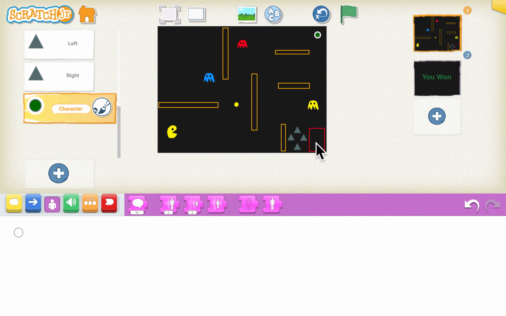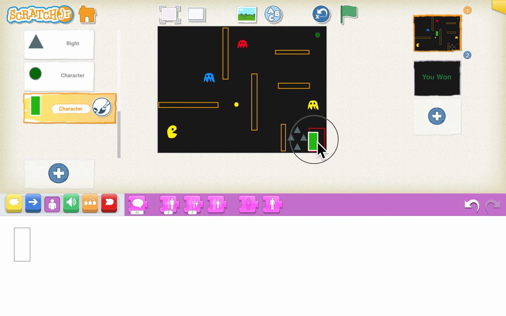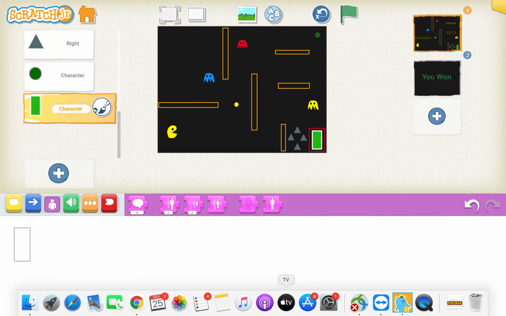We just need a rectangle bar here which will show us the progress. We'll click on the plus sign again. I have already made the bar. You can also make it using the rectangle and click tick and put the bar in the center of the red shape. Now we have all the sprites and the backdrop. Let's begin the coding now.